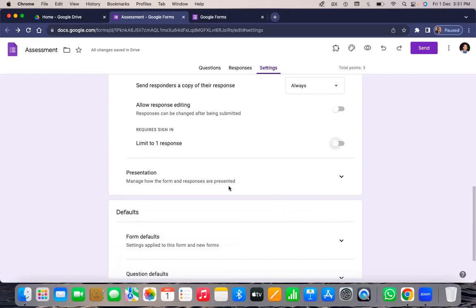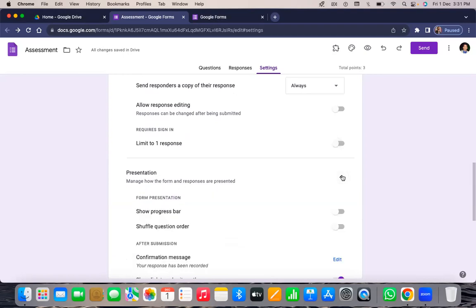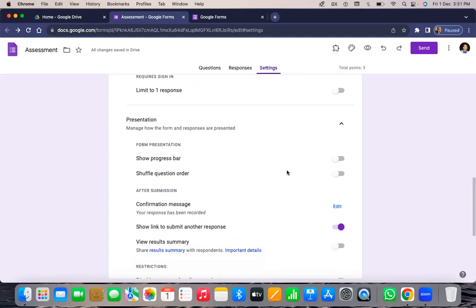So after that, the presentation is given, manage how the form and response are presented. If you want to see how the employees have done their assessment, you can point out here and click it into blue color. Or if you want each and every employee's question to be different, then you simply shuffle question order, right? Once you shuffle the question order, each employee will get different questions in a different